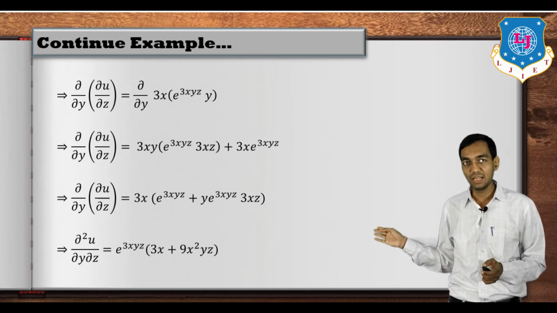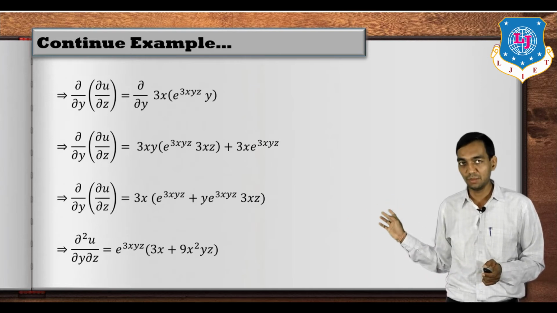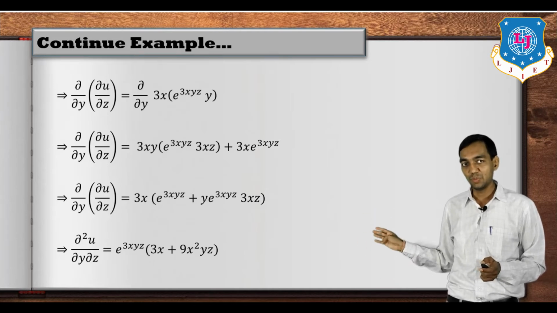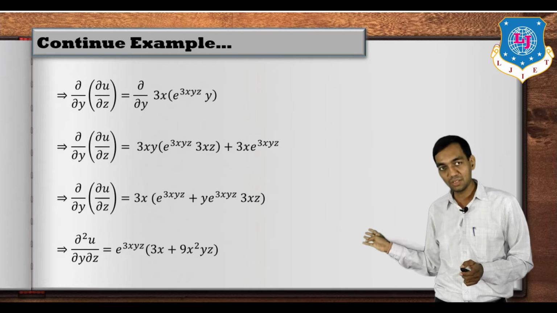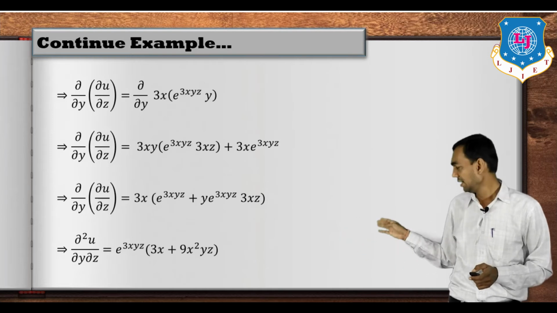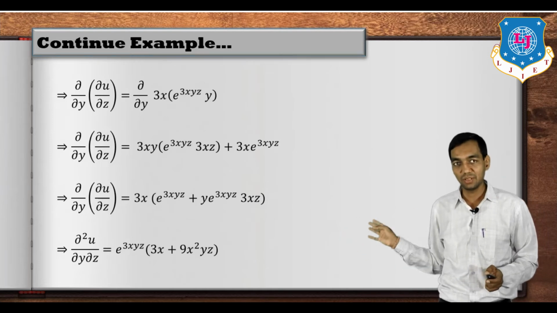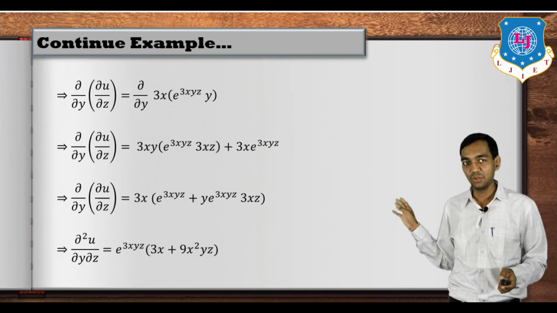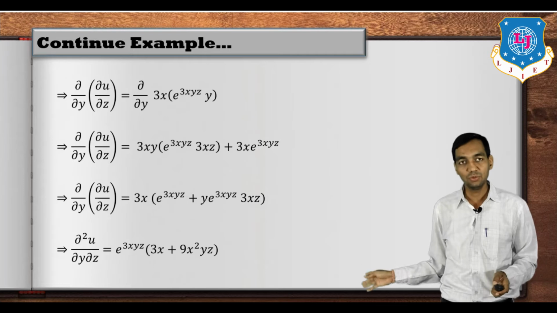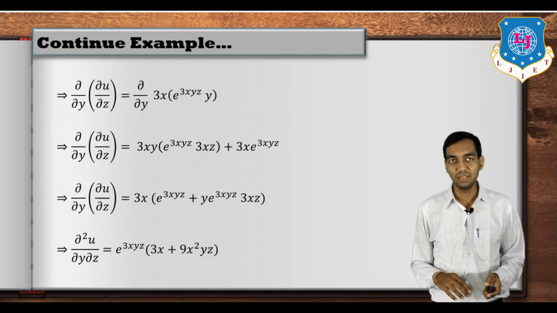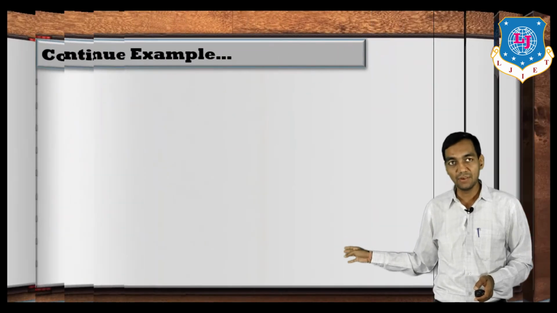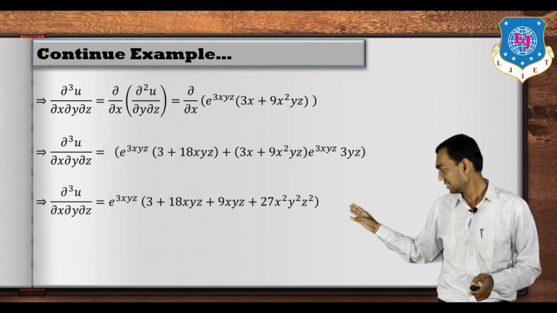So you take 3x common out from both of them, and e raised to is also common. Simplifying that term, that will give you e raised to 3xyz into 3x plus 9x square yz. So del square u upon del y del z has a value e raised to 3xyz into 3x plus 9x square yz. Now del cube by del x del y del z, that means del by del x